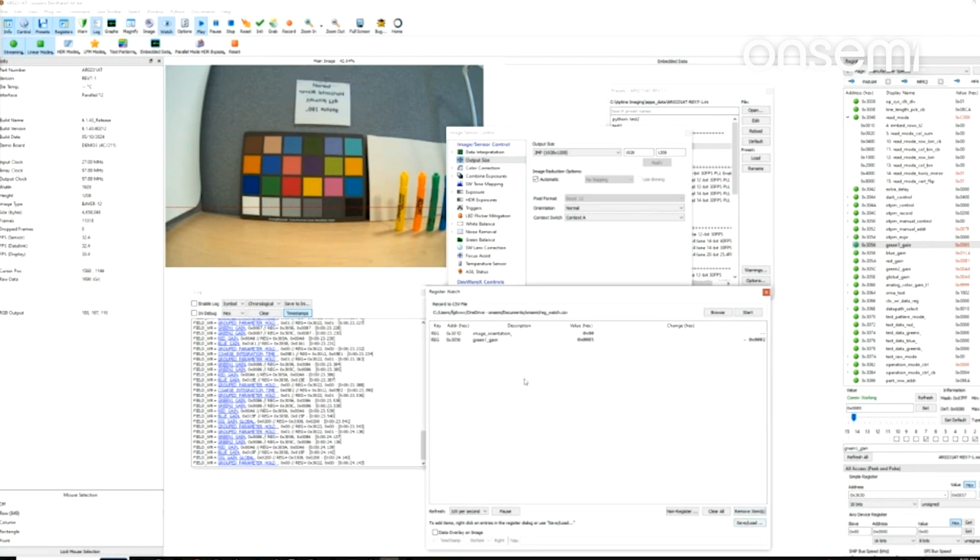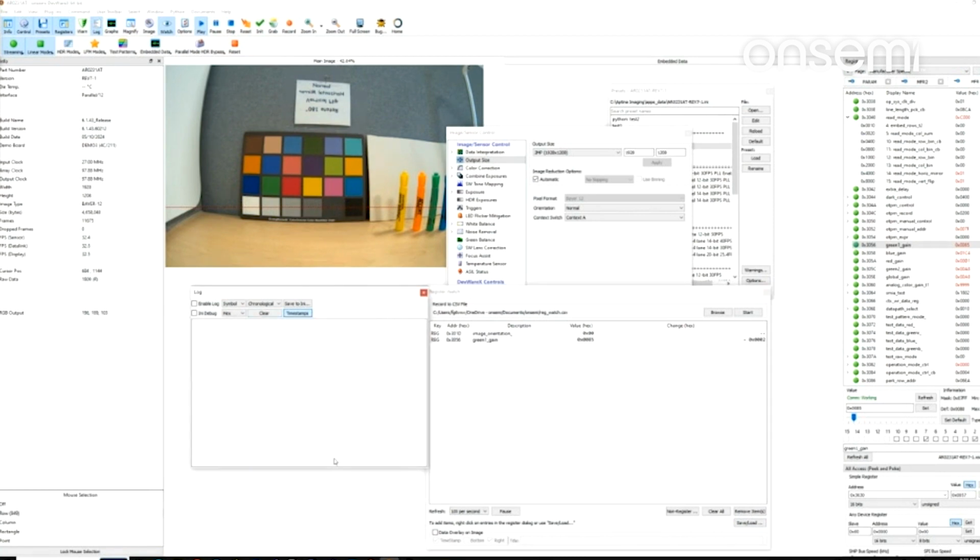Save this for later if you want to save these as a list, and then load it later in case the next day or whatever you want to look at that. Okay, so that's kind of the end of what I was doing for what I wanted to show for DevWareX